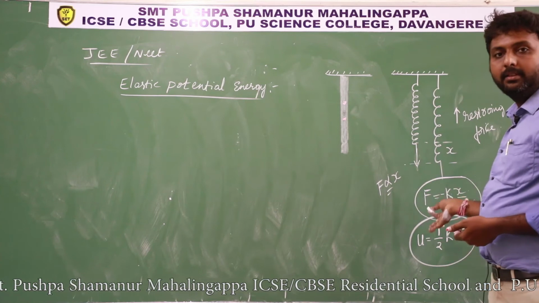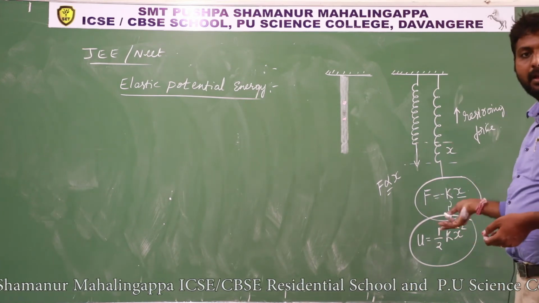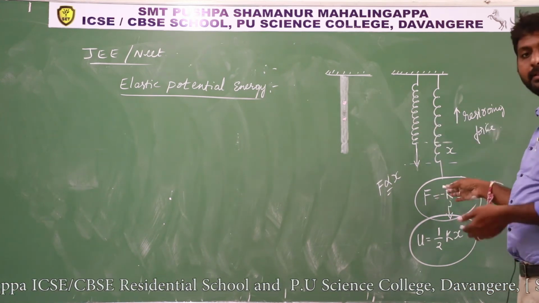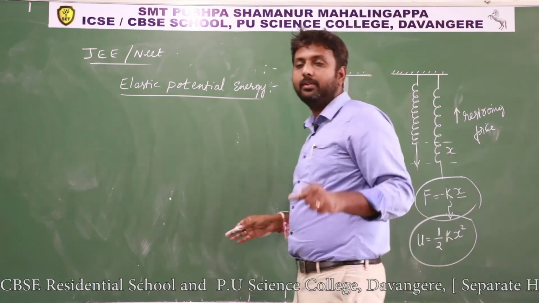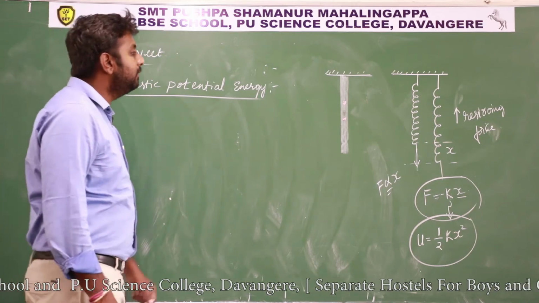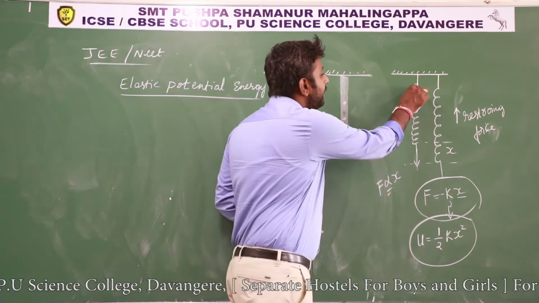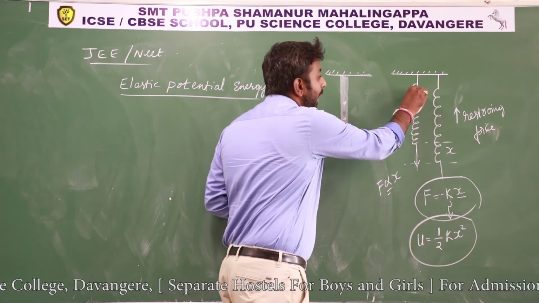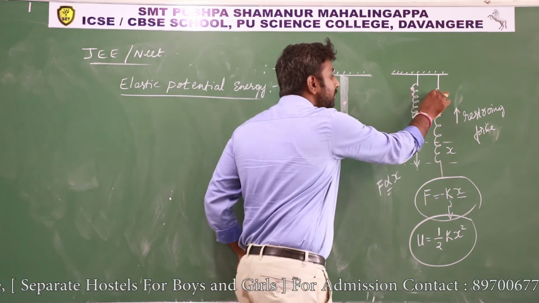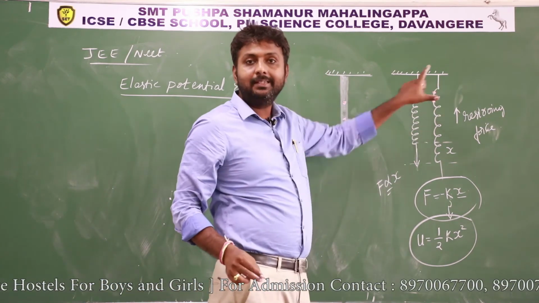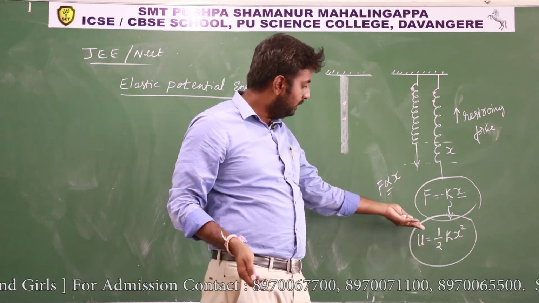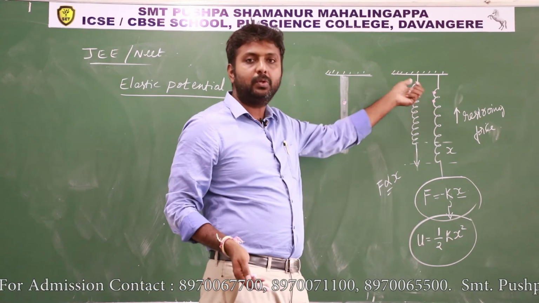These two formulas belong to the spring. In Track 1 you will study all these things. Okay, just here I am giving the formulas, and I will explain this concept. That is, F equals minus kx, the restoring force developed in the spring, and the potential energy formula is half kx square. So here you can see atoms of the spring before applying the force. After applying the force, the interatomic distance is increased, right? Because of that, a restoring force is developed and the potential energy is stored.